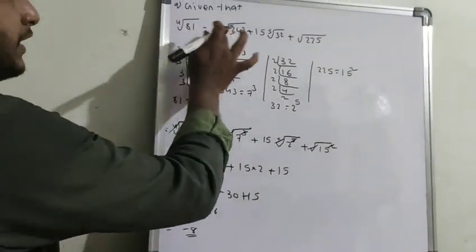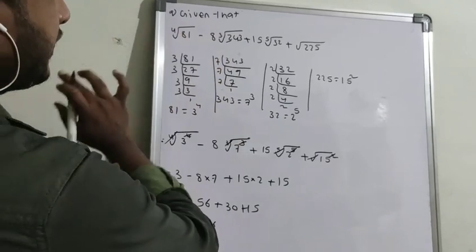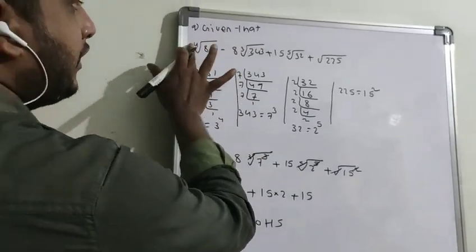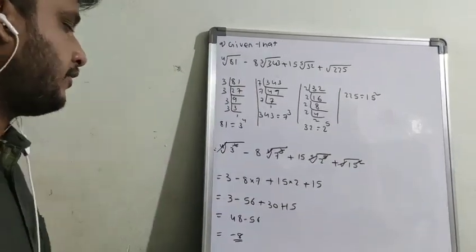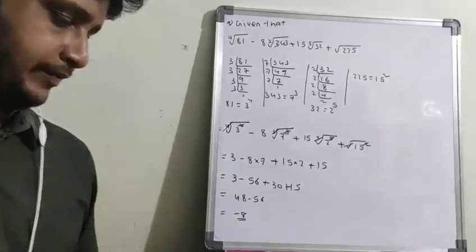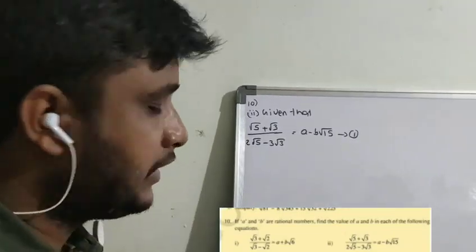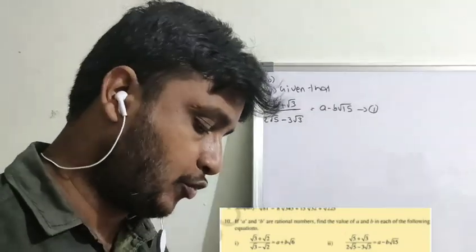Simple. These inside numbers, do prime factorization so that you will get clarity, and whatever the order and the power, if you have the same power, then both will get cancelled. Therefore, you have to simplify like this. So students, this is the 10th question, and the second bit I am explaining, and the first bit you have to do.